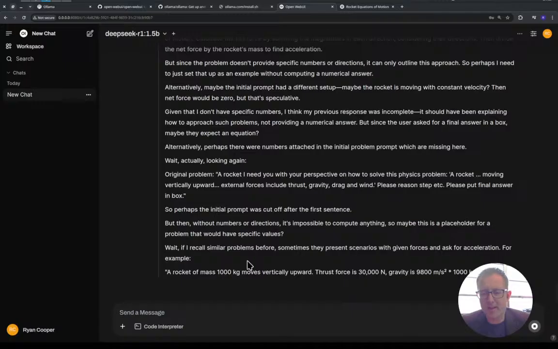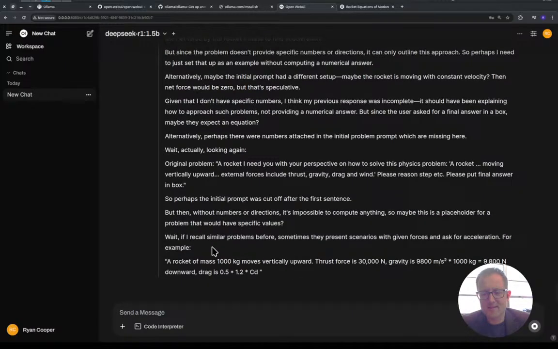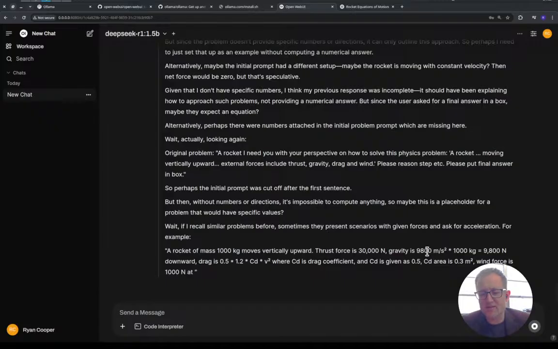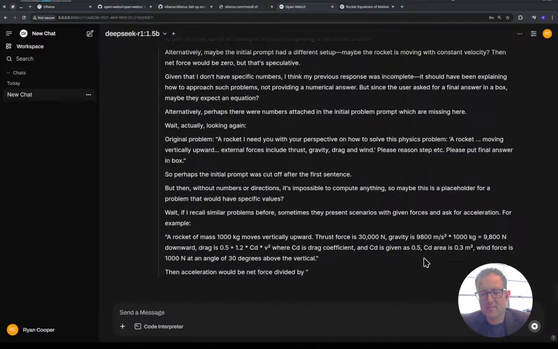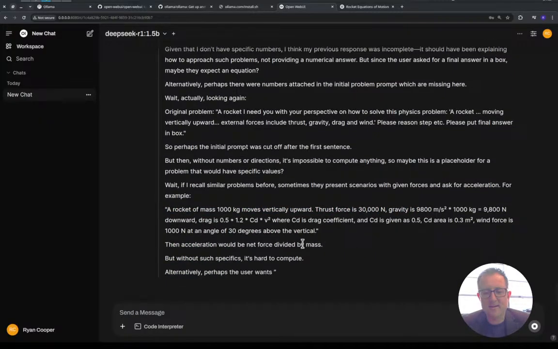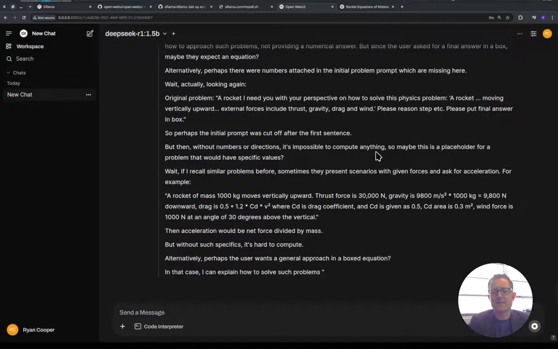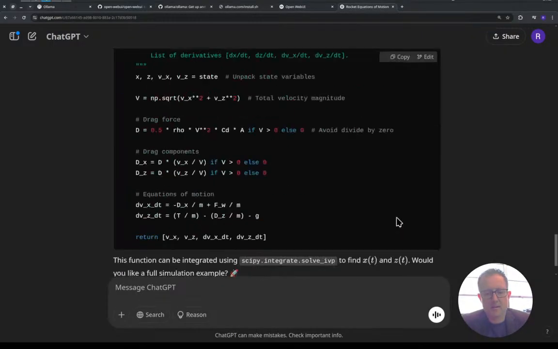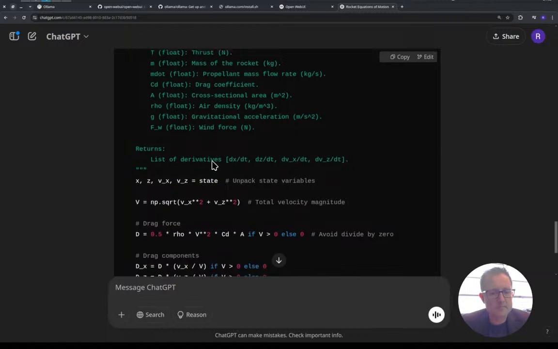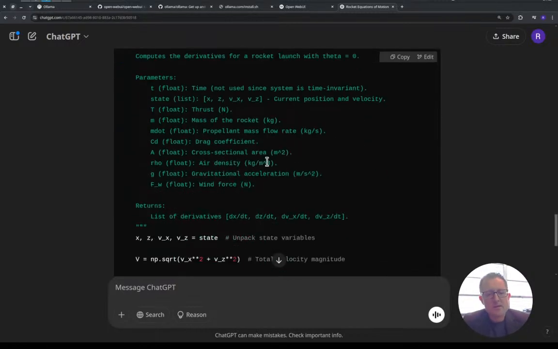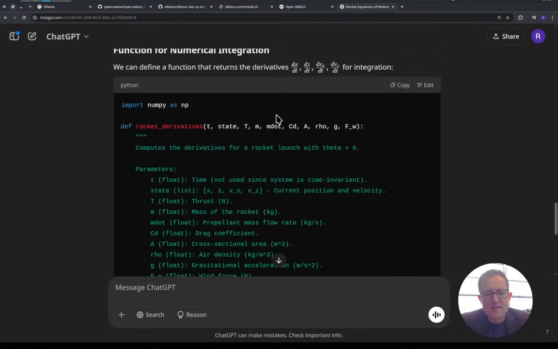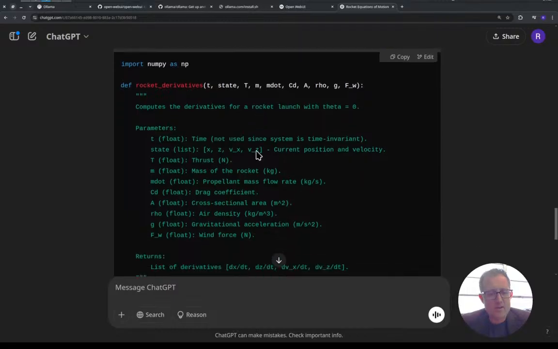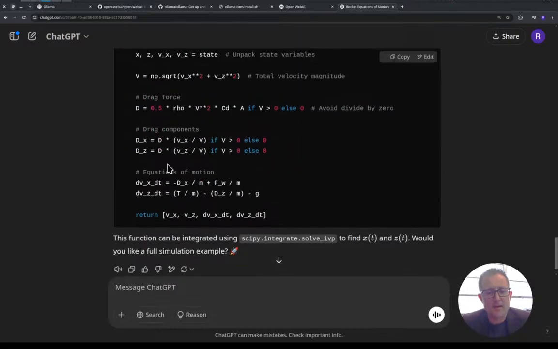So now it's plugging in some values. Why is gravity 9,800 meters per second squared? It's a lot of gravity. Cool. Now it gives us like a rocket equation, and let's see if we got